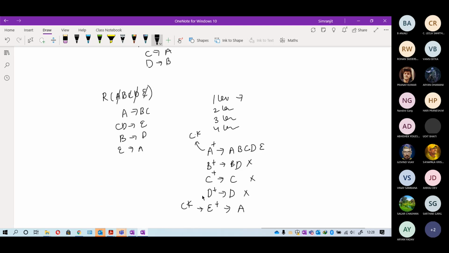So you can directly say it is a candidate key. Now, if any other combination, any other attribute is deriving either A or E, you can say that it is a candidate key. It's as simple as that. Now, for